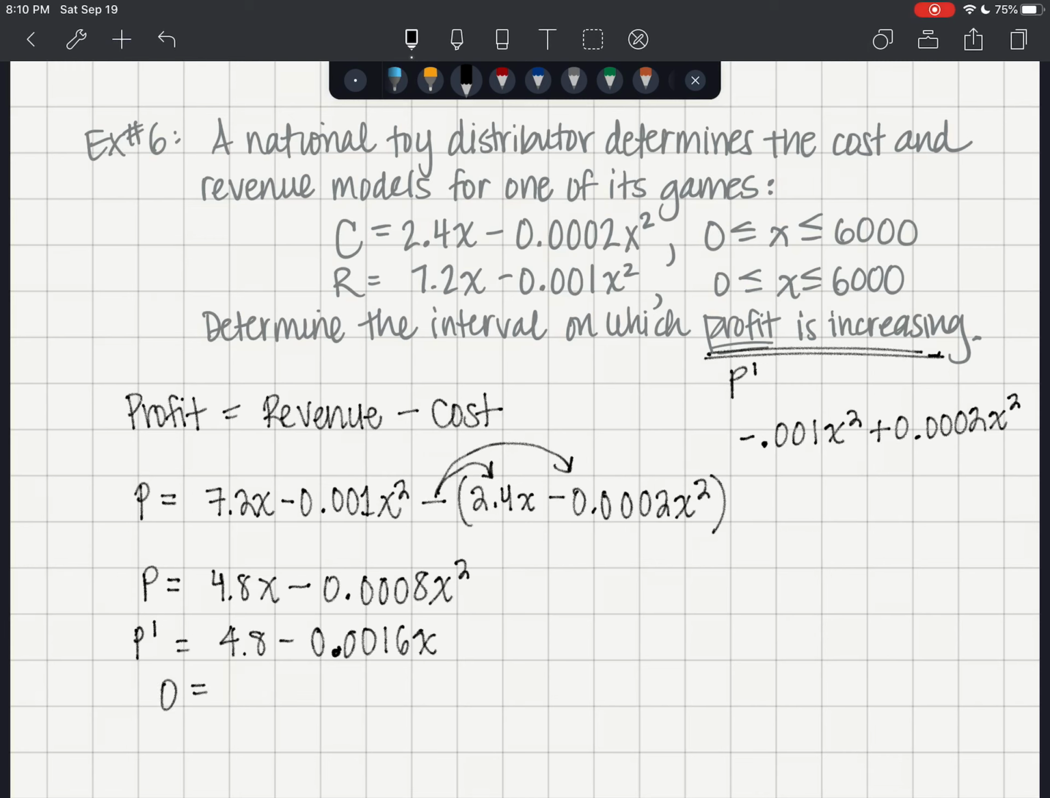We're going to set that equal to 0. I don't have any restrictions from my original function or from its derivative. We'll add to both sides, and then